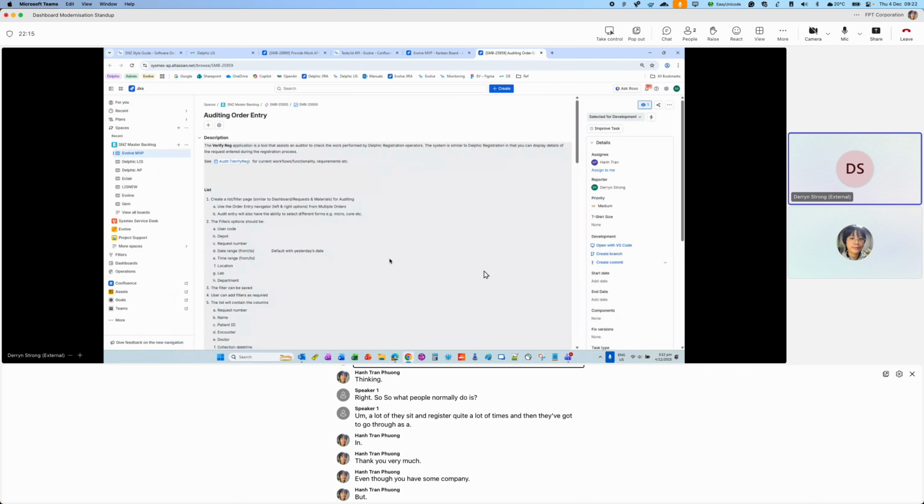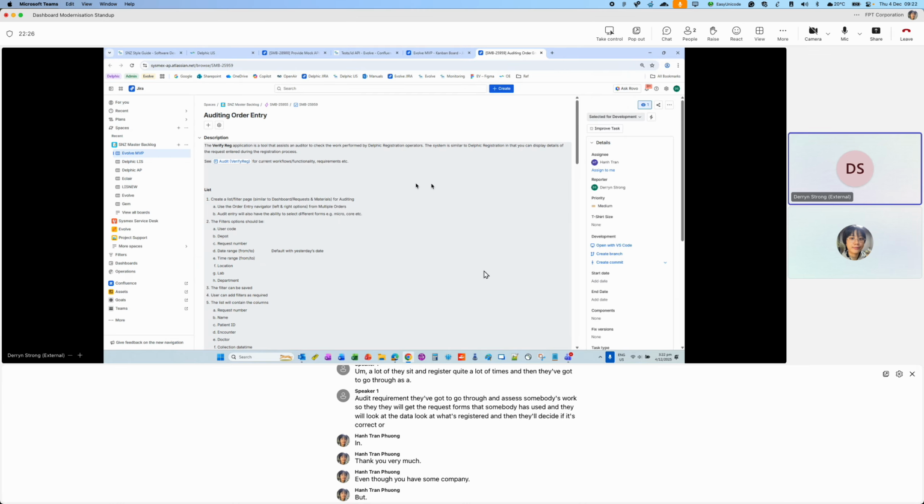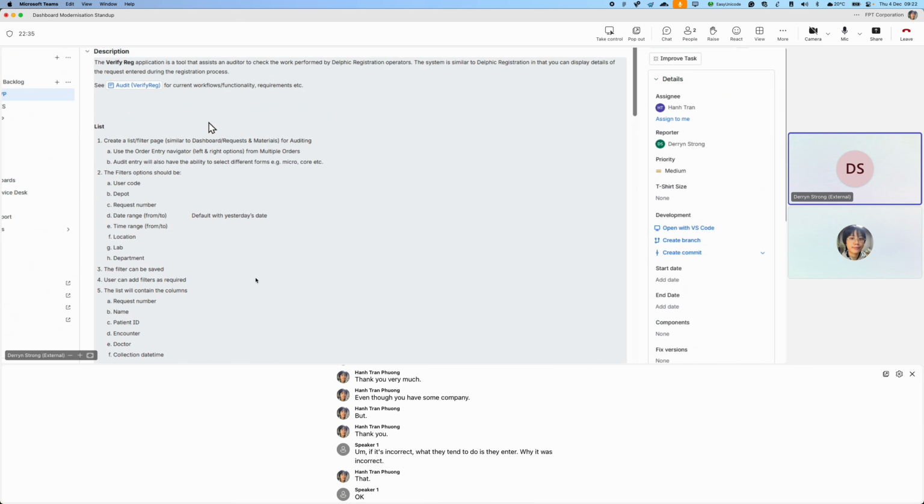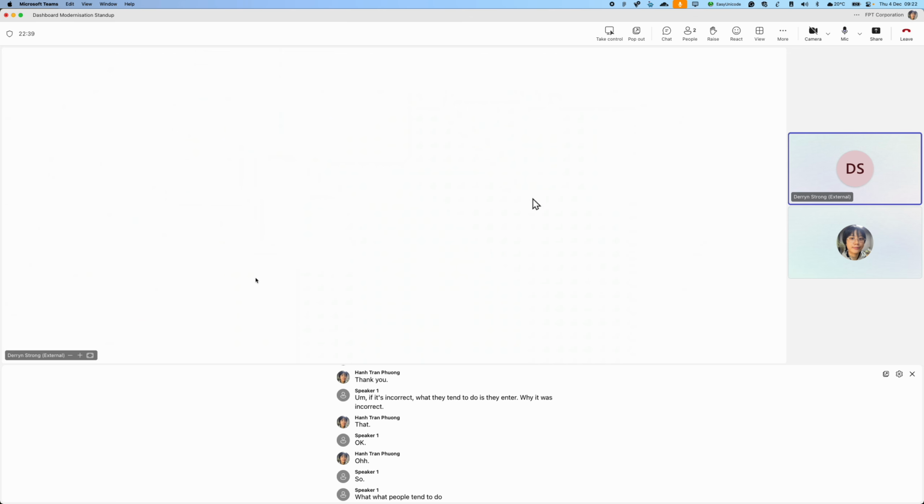the request forms that somebody has used, and they will look at the data, look at what's registered, and then they'll decide if it's correct or incorrect. If it's incorrect, what they tend to do is they enter why it was incorrect. Okay, so what people tend to do is they bring up